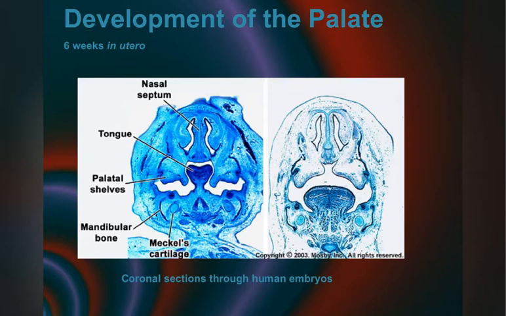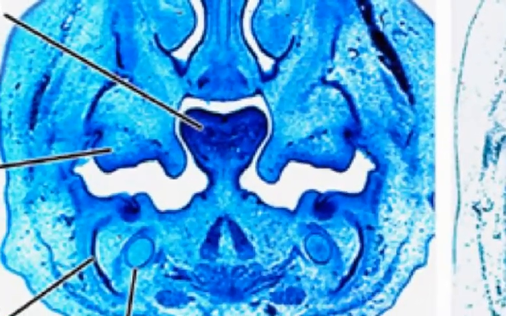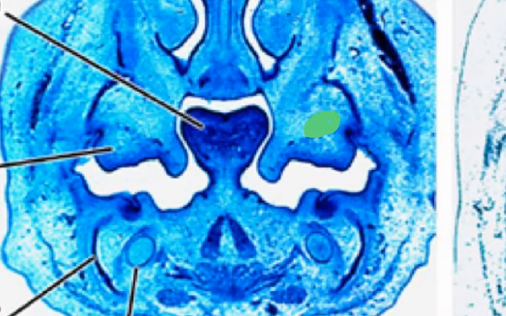We see nasal cavities here, right, left, oral cavity, same thing, nasal cavity, nasal cavity. Between the two nasal cavities we have nasal septum. Here we can identify two palatal shelves. Maxillary process,